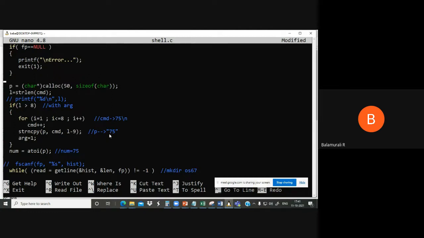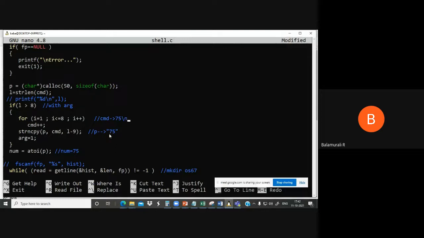So here we are first calculating the length of the command. If length is greater than 8, then what we are doing, for I is equal to 1, I less than or equal to 8, I plus plus. Why are we doing this? Because we want to identify what is the number there.